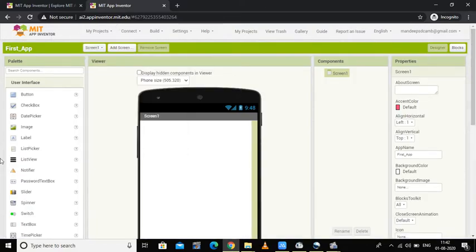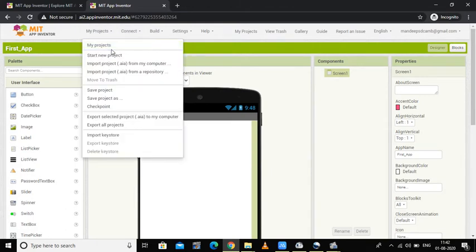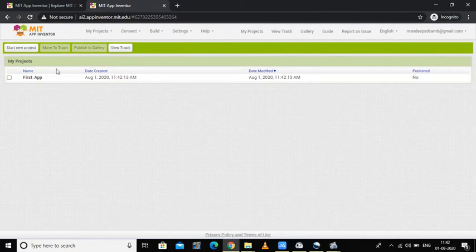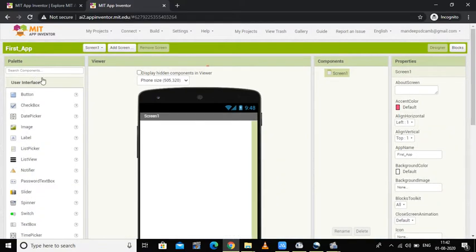See, this will be the window where I'll get all the things for creating my application. Now, in my projects, I will have all the options enabled because I have created my first project. This is the first place, my projects. It will list the first app option. So in future when I create more apps, these apps will be listed in this area. So simply click on the first app and you will be redirected to this screen again.